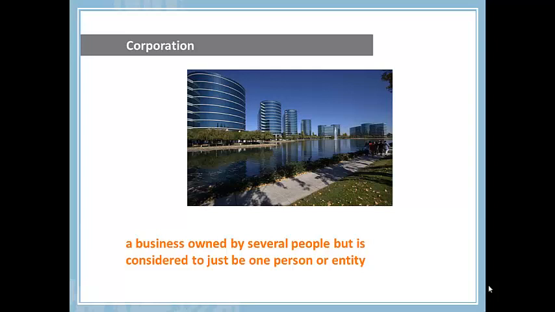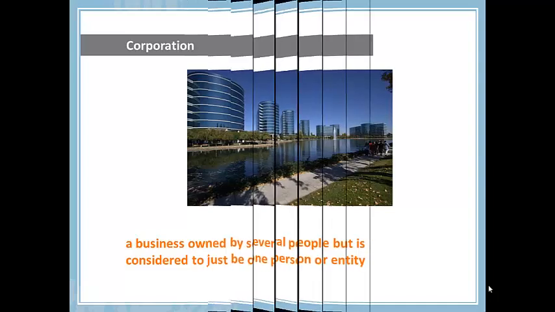A corporation is a business owned by several people, but is considered to be just one entity under the law. The owners must file an application with state officials for permission. A corporation can borrow money, sign contracts, buy or sell property, sue, and be sued in court. Stockholders are the owners of a corporation and have limited liability. They own the corporation, but often they do not manage it and instead elect a board of directors that is responsible for major decisions that affect the company.